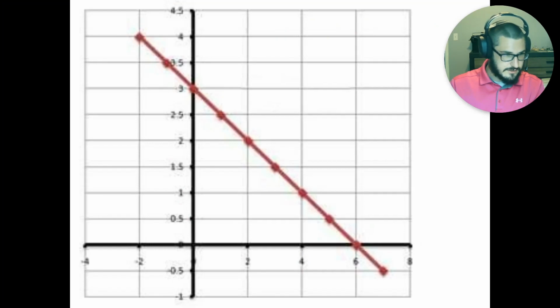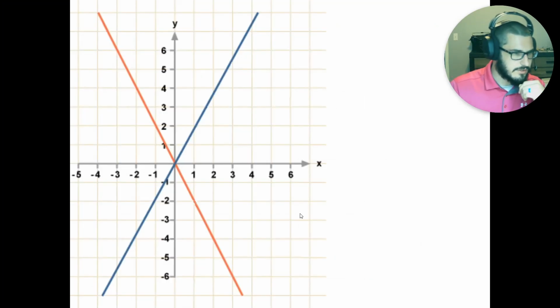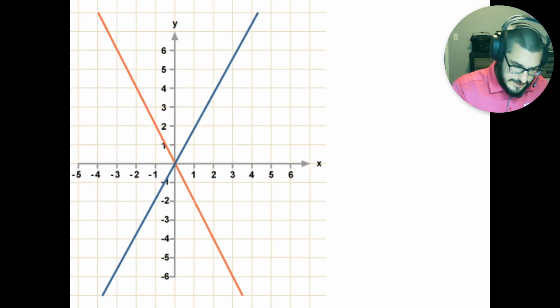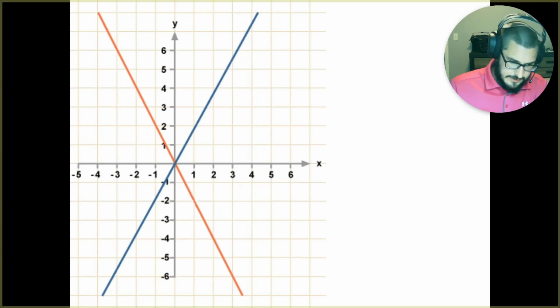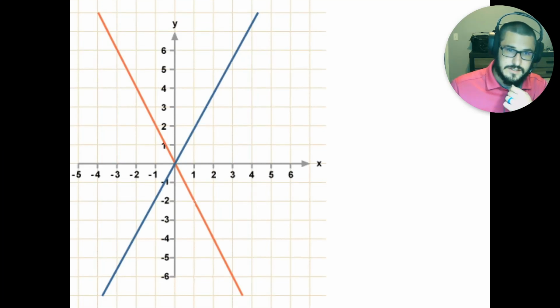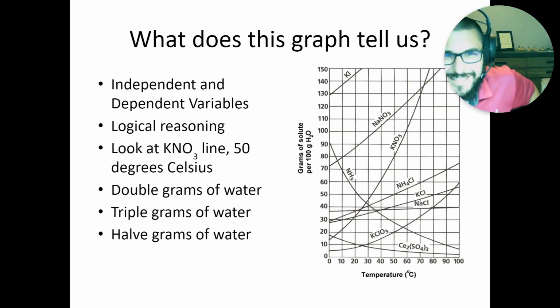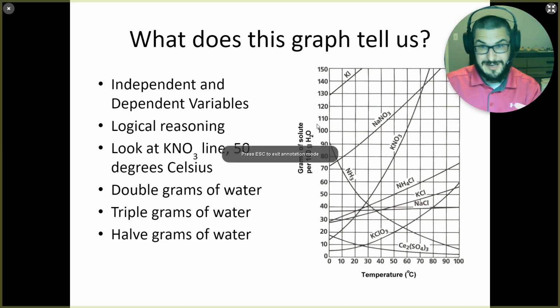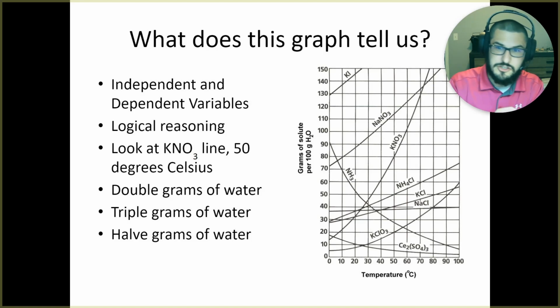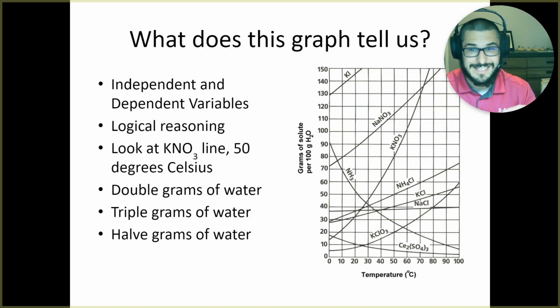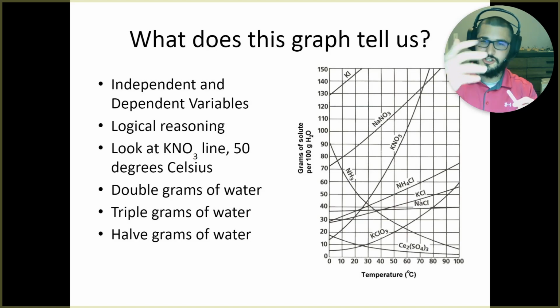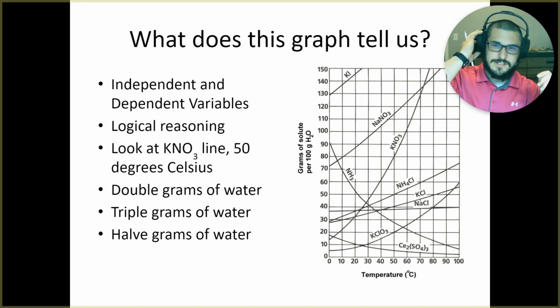So with that, we're going to try to get the equation for both of these lines here. We're actually going to skip these two. So using that, we can use our reasoning to figure out more complex graphs like this. Really all you're having to do here is look at this and pull the information off of the graph. That's something that is very common, like on the ACT science section, so often. They just give you the information there, and it's your job to be able to